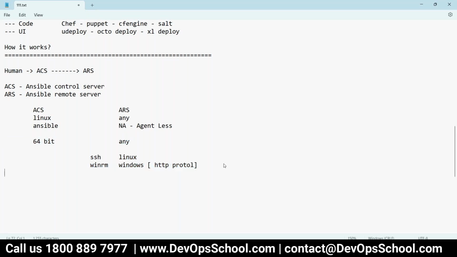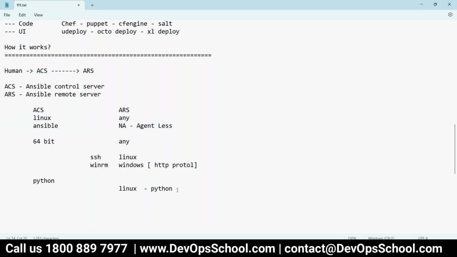Now you'll ask, what are the prerequisites to make it an ACS? Yes, you need to have Python, and that's obvious, because I told you Ansible has been developed using Python, so Python needs to be on the ACS. If ARS is Linux, then you need Python there too, because the packages sent from ACS to ARS, only Python can understand.